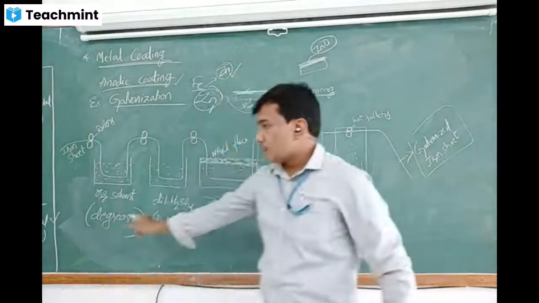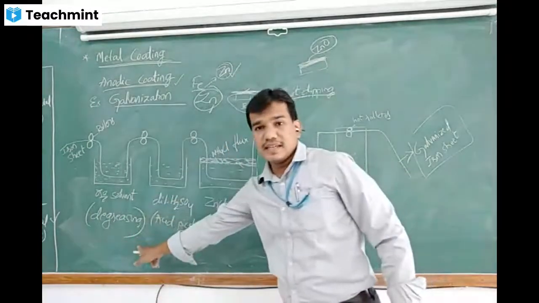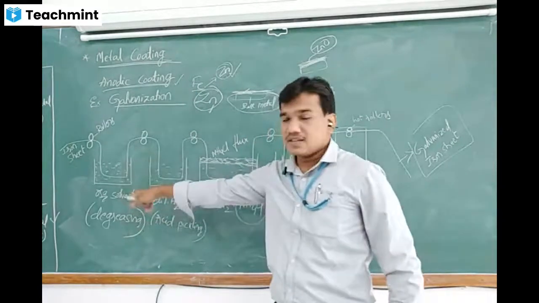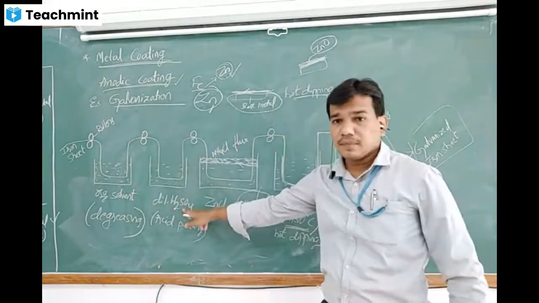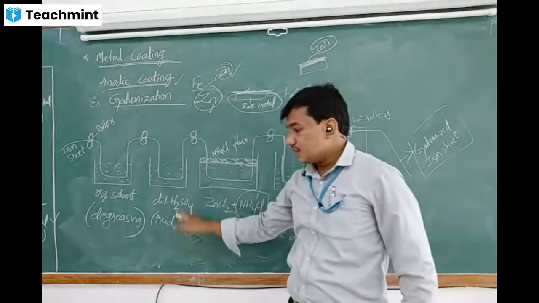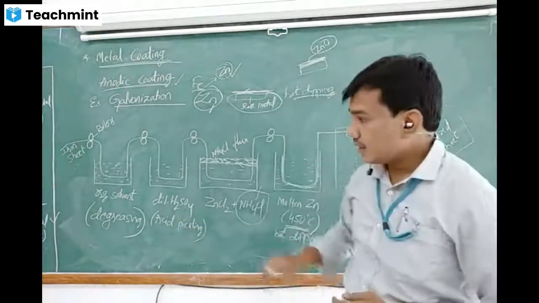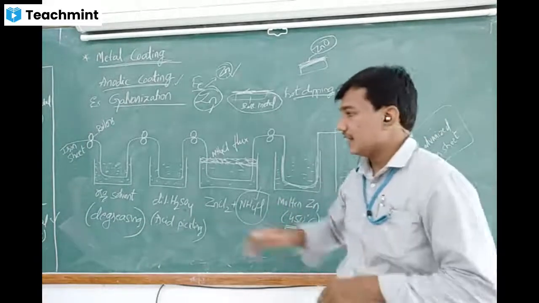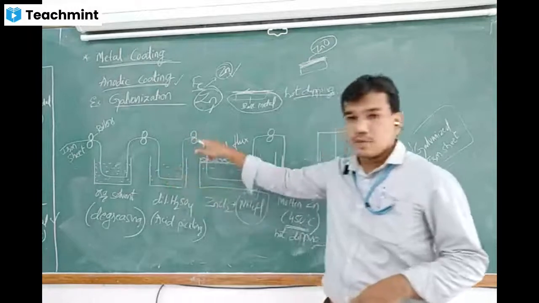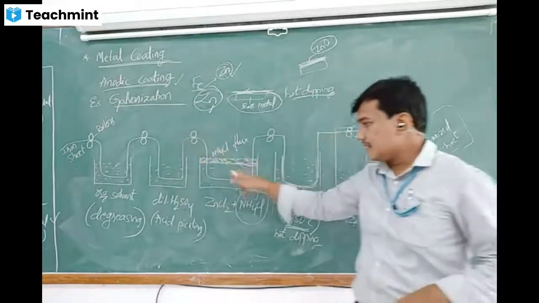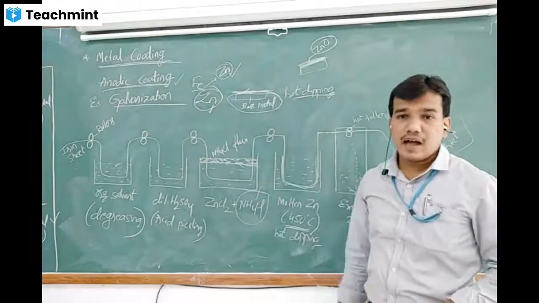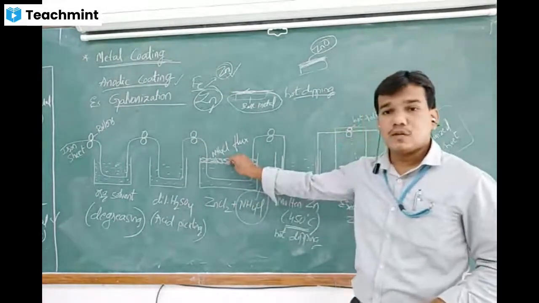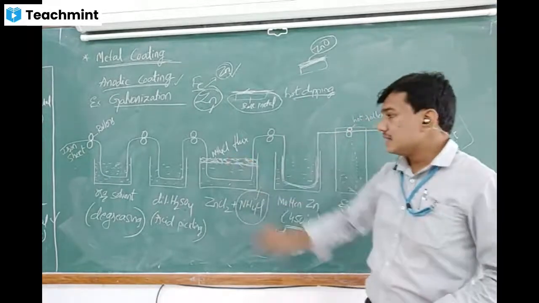So these are the process steps. First we should do degreasing. Degreasing is to remove oil and grease particles collected on the iron sheet. Then it should be dipped in sulfuric acid. This is called acid pickling. It removes all the rust and scale particles already collected on the iron sheet. Then it should be thoroughly water washed. Then it is dipped in zinc chloride and ammonium chloride flux. What is the role of ammonium chloride flux? It controls the further oxidation of the zinc metal.